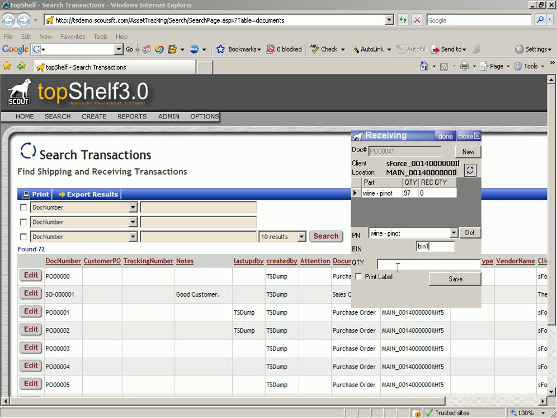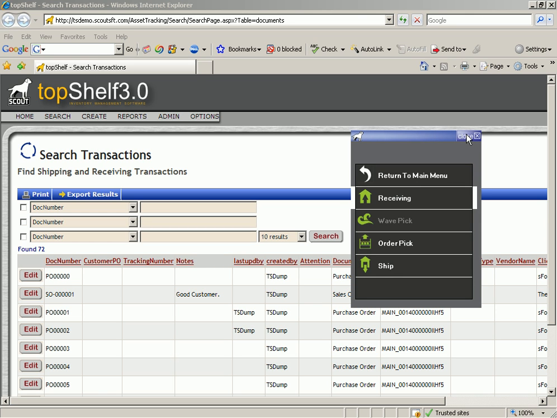that I've predefined. I'm also going to enter the quantity that I'm receiving. Another thing that we can do as well, in the event that the product came in without a barcode label on it, you can print a label from the mobile and wireless device simply by clicking the print label. So at this point I'm going to hit the save button, and you can hear that we had that positive sound that we've received that product in, and you'll notice now that we have 97 in stock. At this point, if I close my receipt in and I go back to the Salesforce side